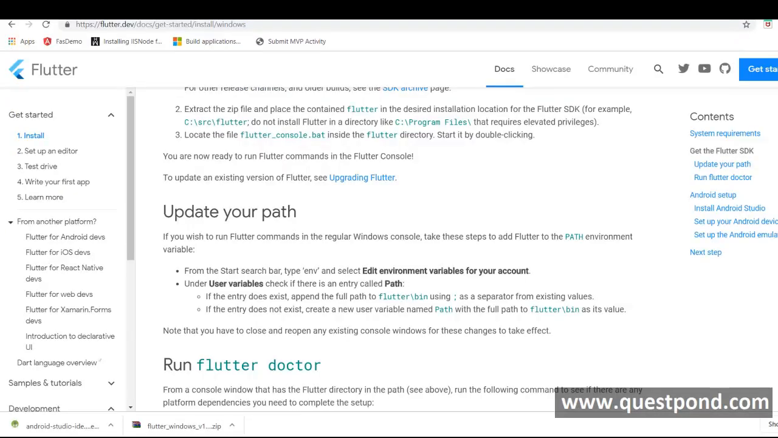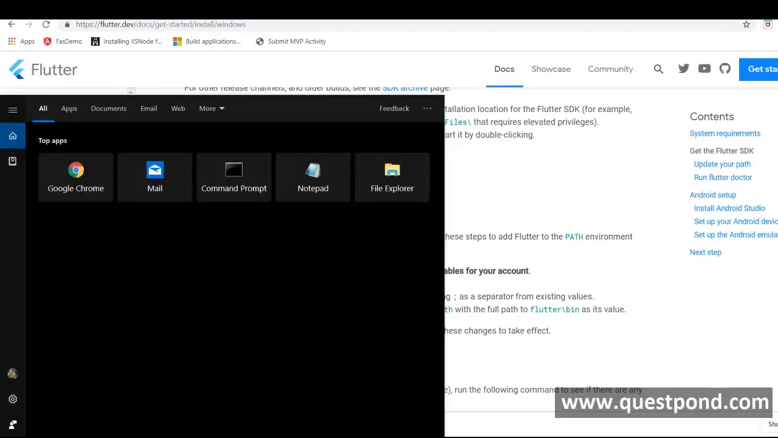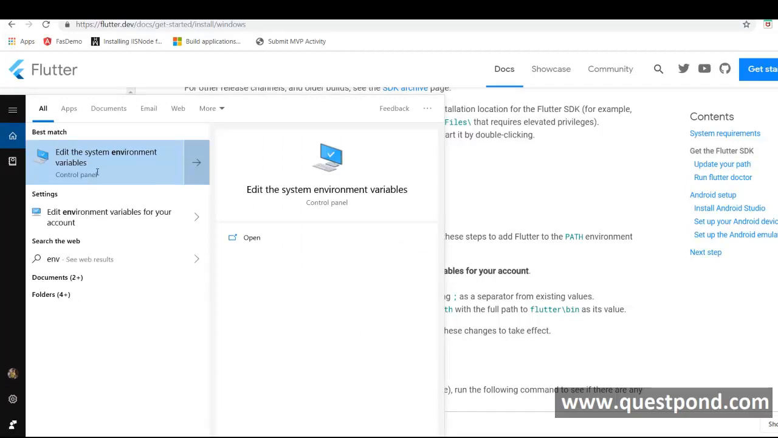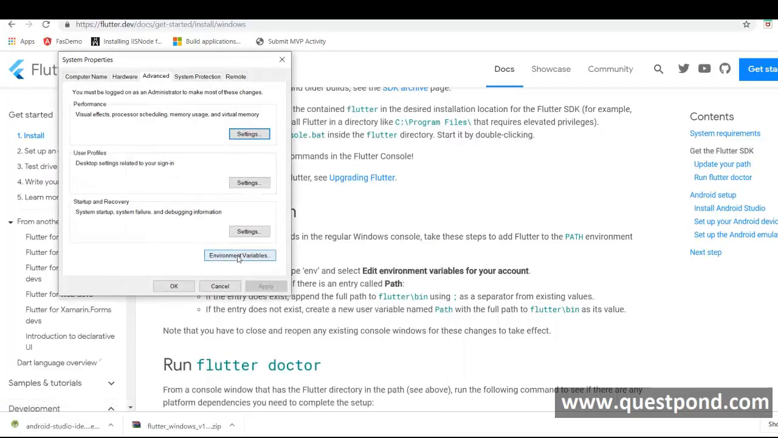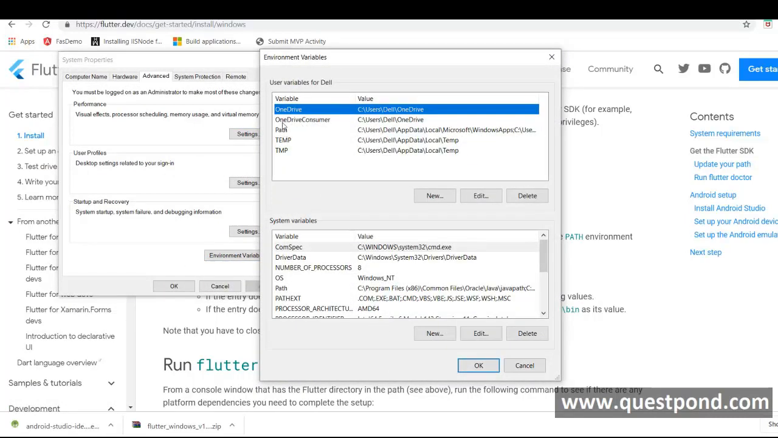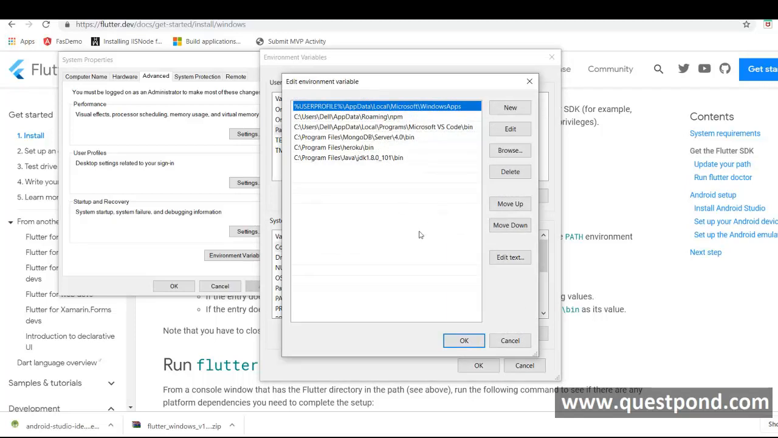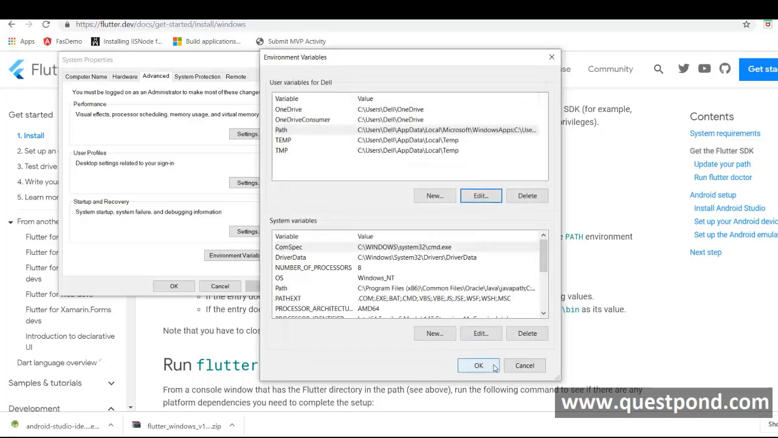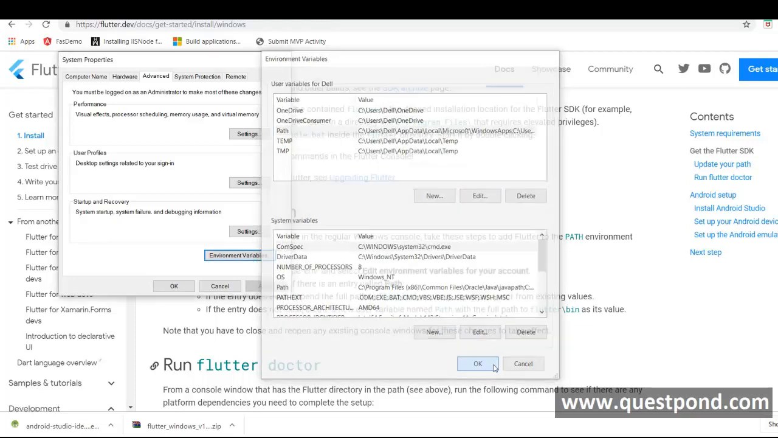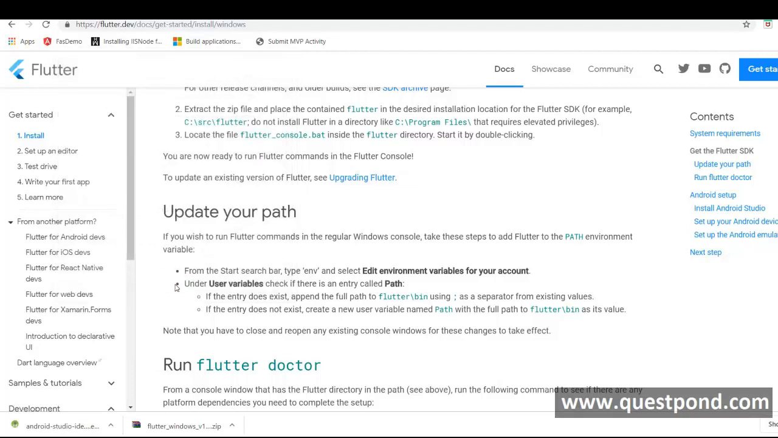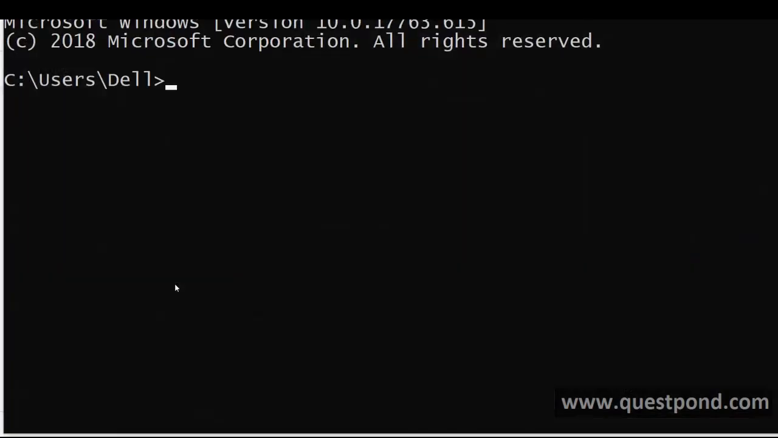Then I'll go to the start menu, search for environment variable, and click on it. I'll have that path which is located under your username. So I'll press edit, then press new, and paste my path to the bin directory. Alright, now having set up that path, I'll open up the command prompt again, and let me